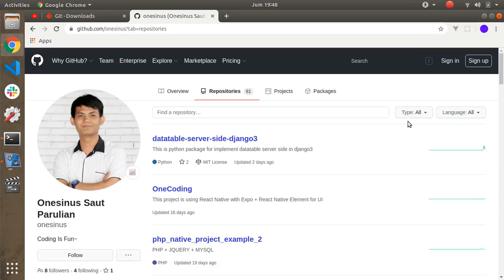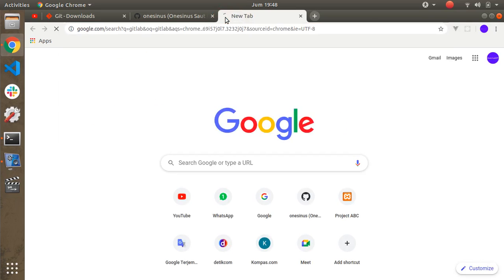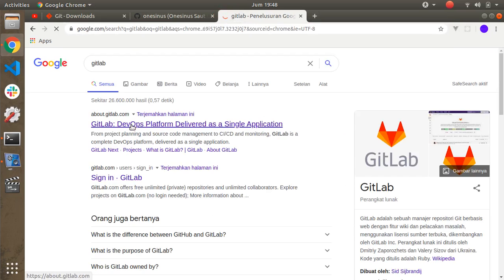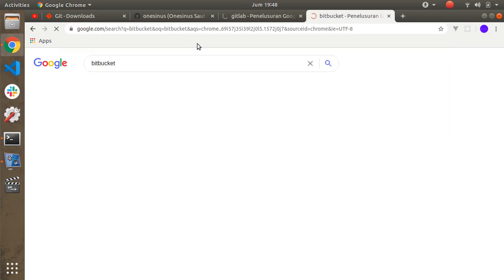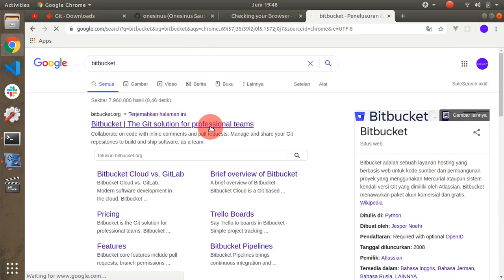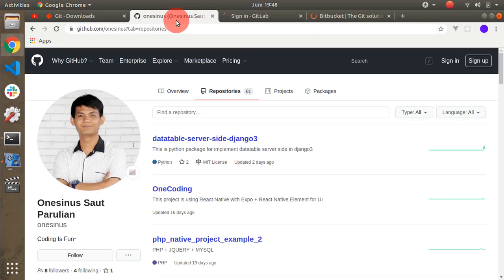You can create a repository for your project. Also, you have other options such as GitLab, also Bitbucket, and others. I think there are so many options besides these.